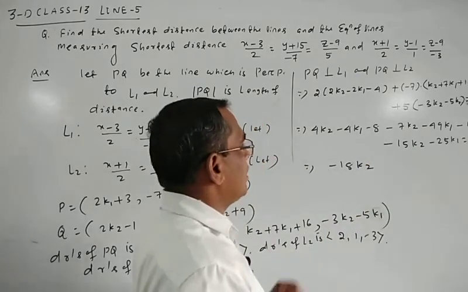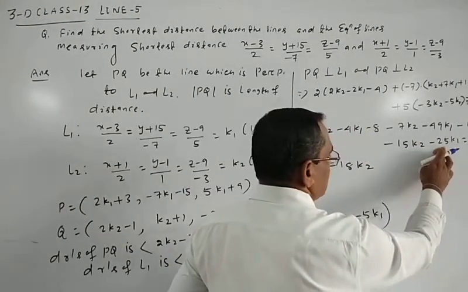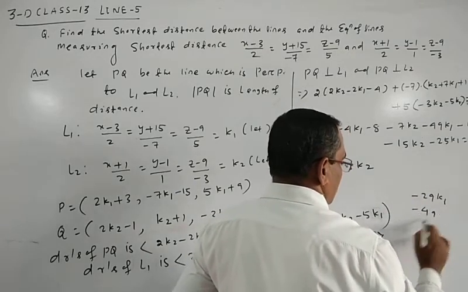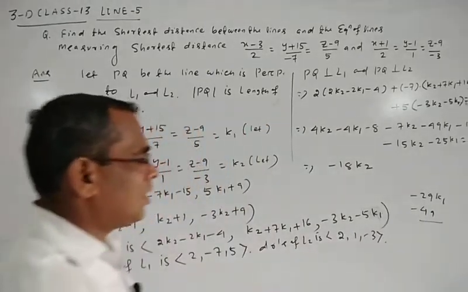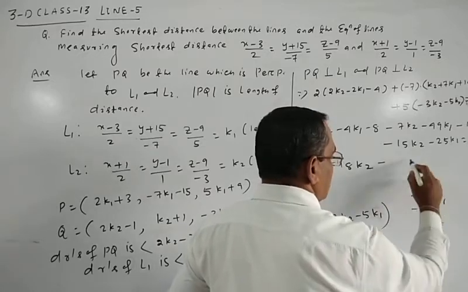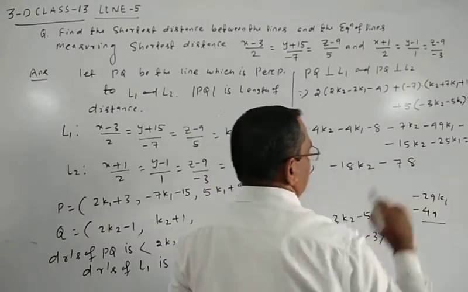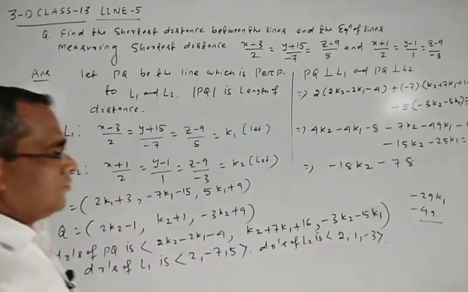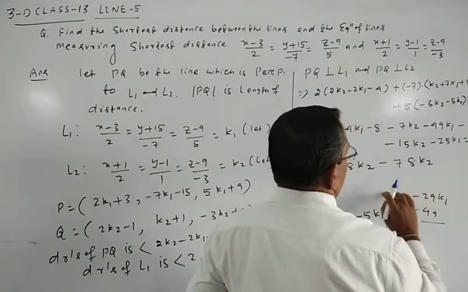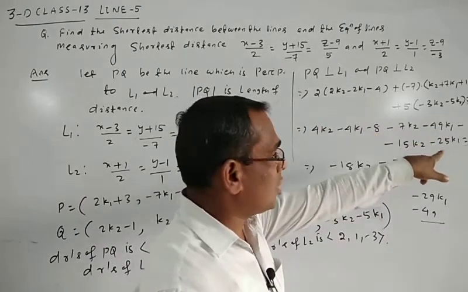Okay, minus 4K1 here minus 25, so minus 29K1, here minus 49K1, so minus 29 here minus 49, so this is equal to minus 78K1. Okay, so here minus 8 minus 112 minus 120